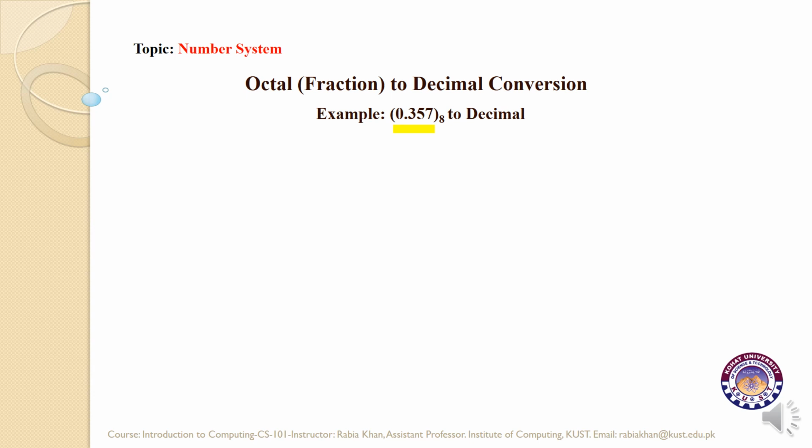So we are given basically two parts. One is the integer part, 0 is the integer part, while 0.357 is the fractional part. The integer part will be multiplied with 8, the power of 8 will start from 0, while the fractional part will be multiplied with 8 and the power of 8 will start from -1. The multiplication process for both the parts will start from the decimal point. So one will move from right to left, the integer part, and the other, the fractional part multiplication, will move on from left to right. So how do we do it?